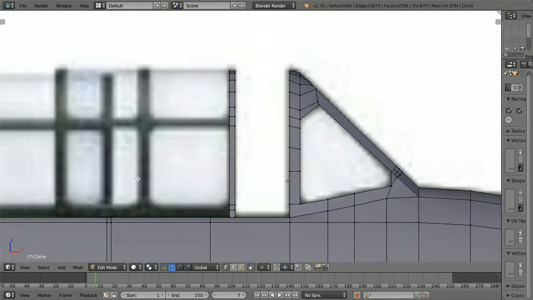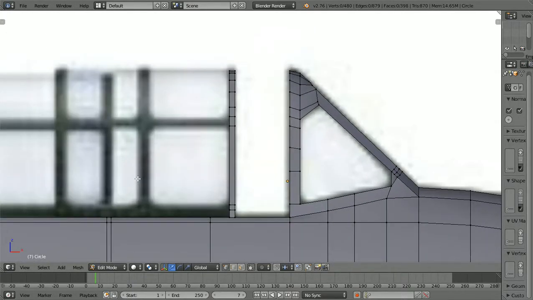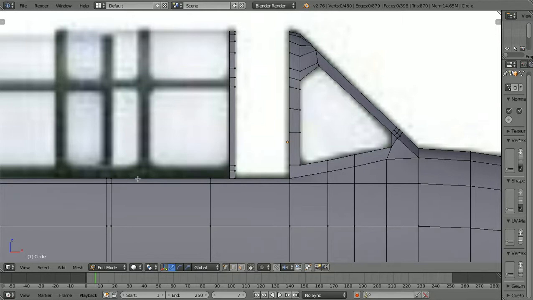No, I don't want that. Right click, get rid of that. Okay. What I want to do here is, and I should maybe look at some pictures of this, but we're going to take these two, Z,